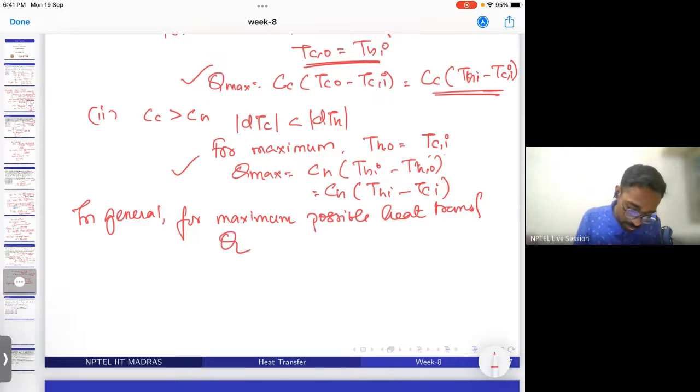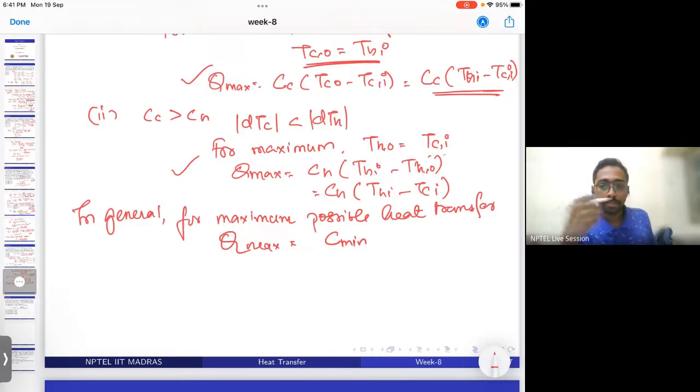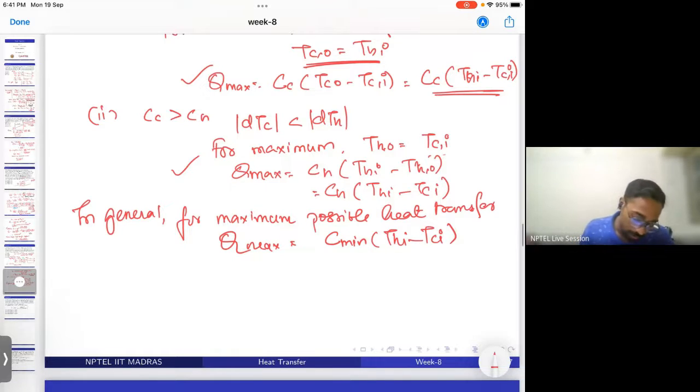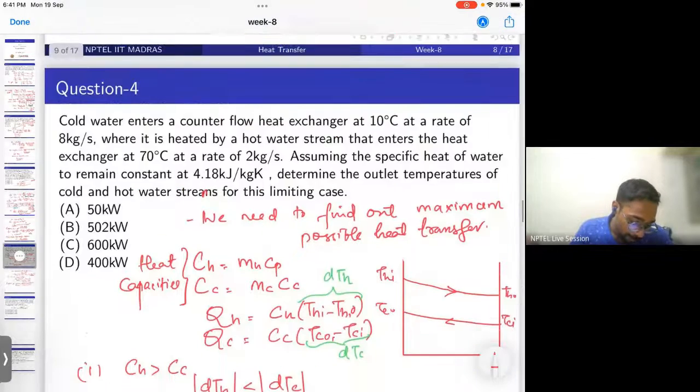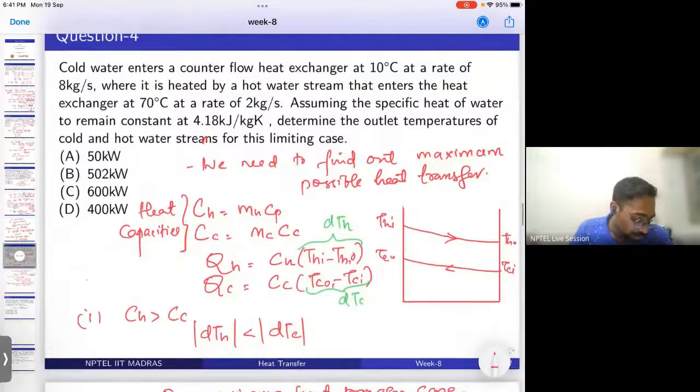that is Q max is equal to C min, whichever heat capacity is minimum, whether it can be hot fluid or cold fluid, into THI minus TCI. Okay. So let's see what is there for this question. As both are water, we just need to check which has the maximum or minimum flow rate. So the C min will be the hot stream, which has 2 kilogram per second. So C min is equal to